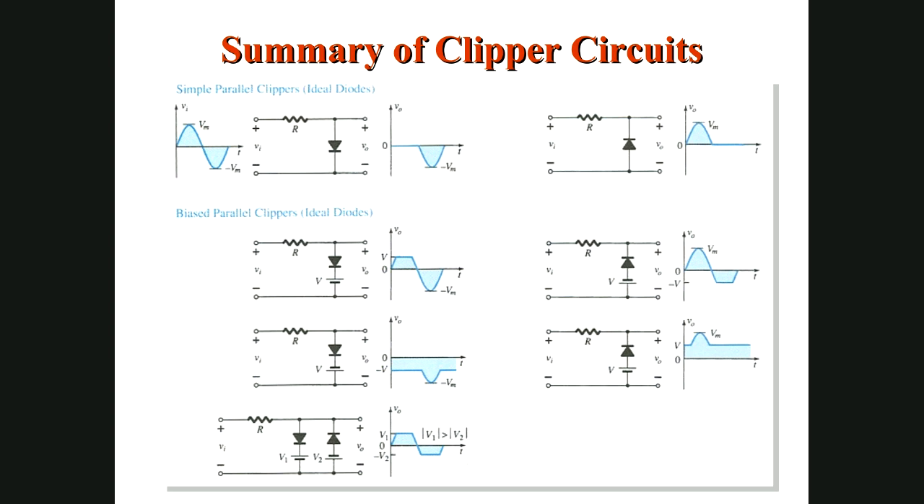The answer will be, it will be a parallel clipper, because of the position of the diode. Your diode is parallel to the output, thus it is a parallel clipper. But since we have got a battery also, the complete correct name will be biased parallel clipper. Fine. So now let us discuss this. Now in this case,